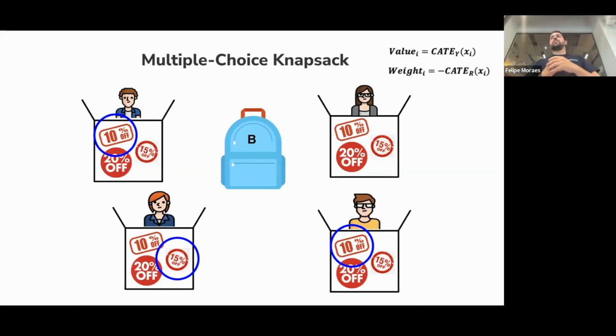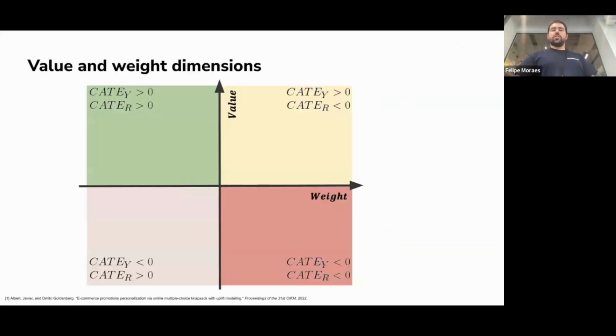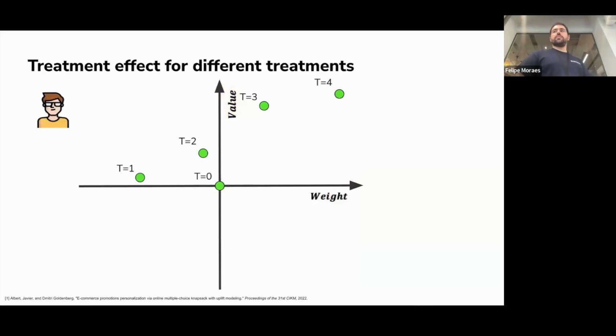So you're trying to see the cases where the treatments you are giving are the best for the budget you have. Again, our friend, this beautiful graph, where you have the yellow area where all the action happens, and the red area where you don't want to be. If Bob comes again and he has 5 treatments, where 0 is the control group, it's 0, 0, right? Because giving the same as before, the uplift is going to be 0. And he has a treatment 1 that is great, so you always make money and you get some extra conversions.